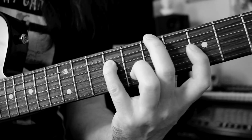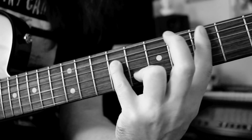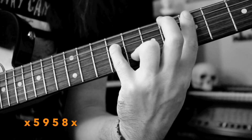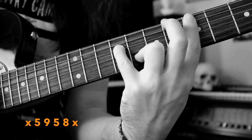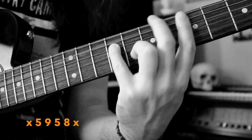Then you're going to want a D note in your bass, so with your first finger here, reach up onto the 5th fret A string. You're going to grab that along with the 5th G and 8th B. Play the 9th D, back to G and B, and play the 9th D again. So now you got...